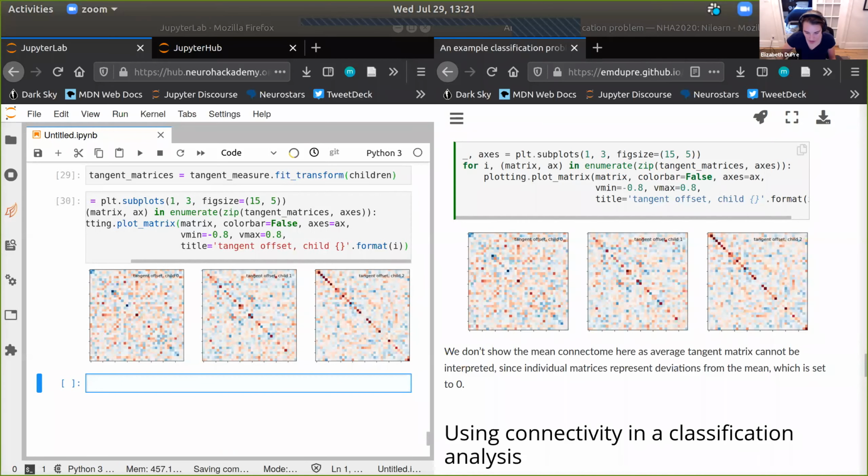Okay, there's another question, which is, is there a way to also control for global correlation, i.e. per subject average of the correlation matrix? It's a great question. In this particular example, we are not doing global signal correction. One thing you may notice is that fMRIPrep does give you an estimate of the global signal, and many other software packages would too.